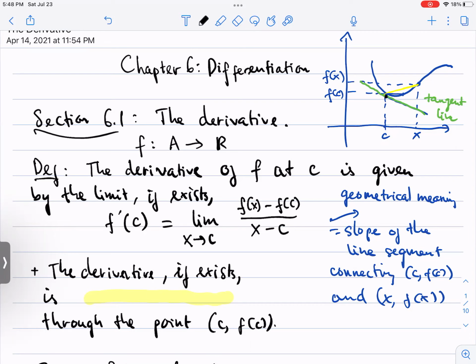That implies that the slope of this line segment approaches the slope of the tangent line. Because the derivative is the limit of this slope, the derivative is essentially the slope of the tangent line